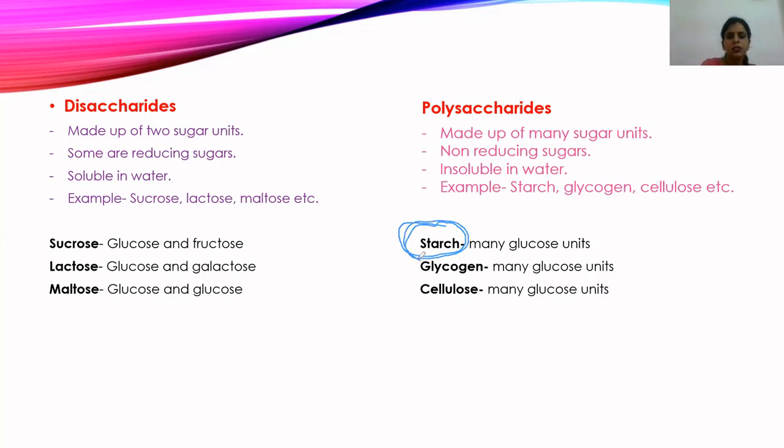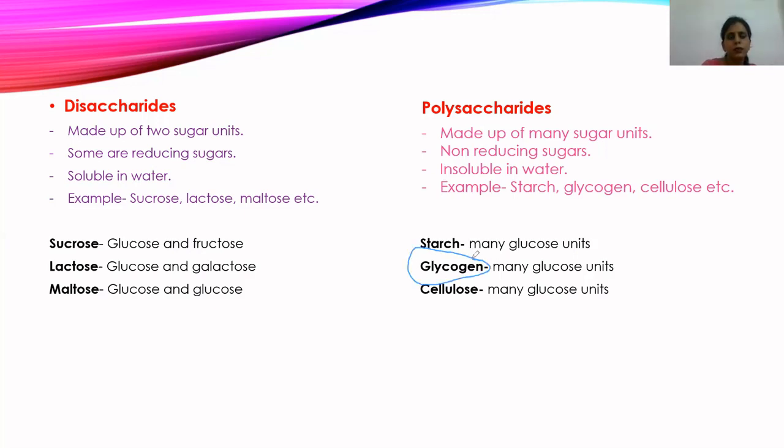Glycogen is present in animals. When we consume carbohydrates in food, when we take excess carbohydrate in food, the amount of glucose which is required for respiration, our body uses that, but the excess amount of glucose present in food gets converted into glycogen. It is converted into glycogen by the liver. So liver cells play a very important role in converting excess glucose into glycogen in our body, and hence this glycogen gets stored in the liver.